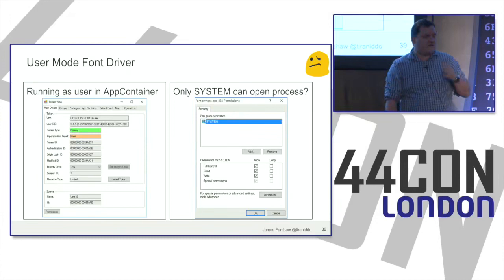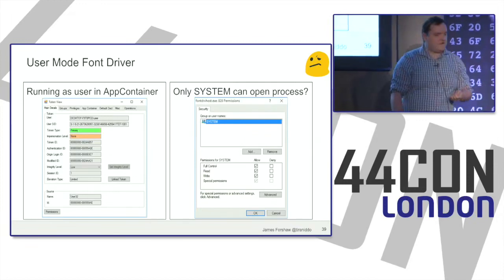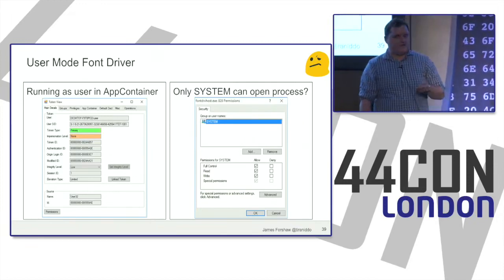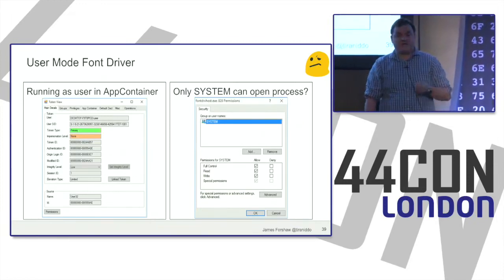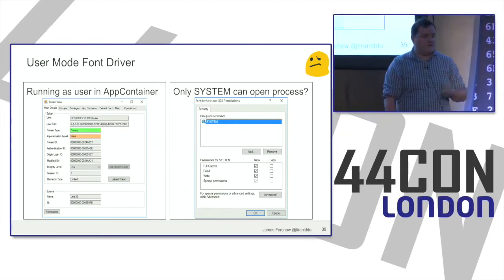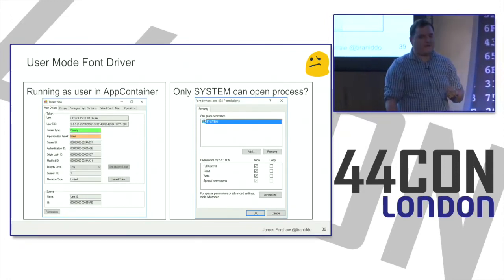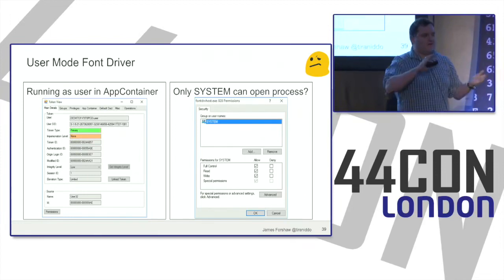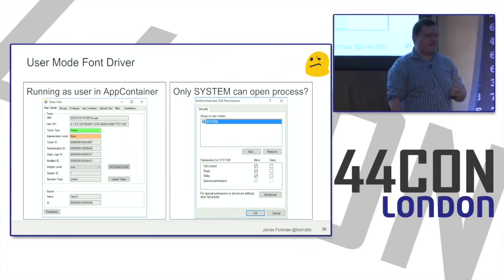It was curious. When I started looking at it, initially I couldn't open the process. Like, why can't I open this process as a normal user? It is running as a normal user. And it turns out the process itself is access control list to system only. And that seems very strange. Like, what? Why would you ACL a process to system only? What is there in this process which is so secure that you can't touch it?